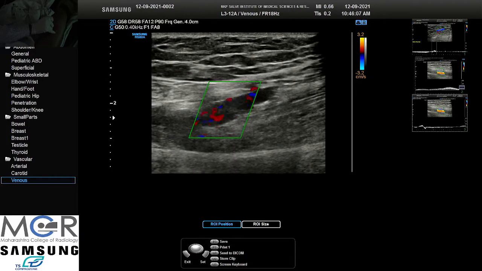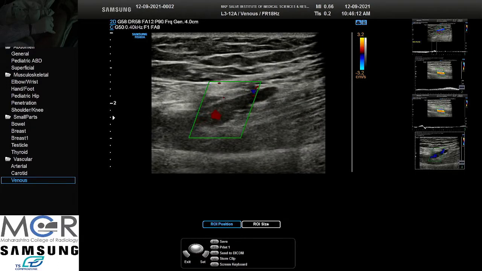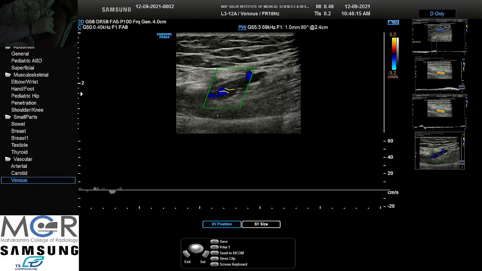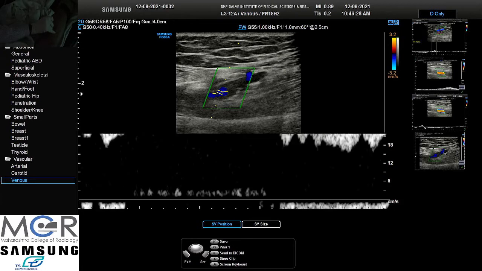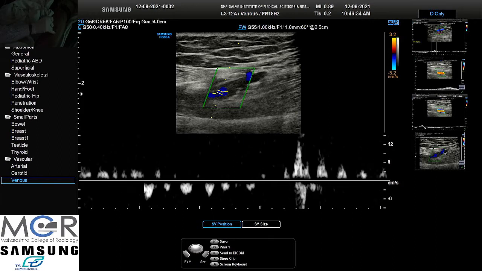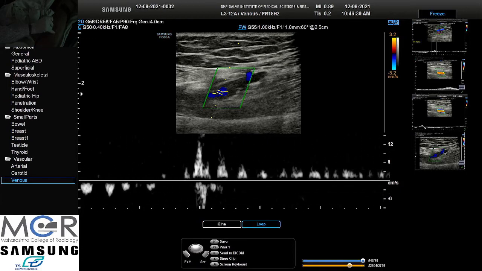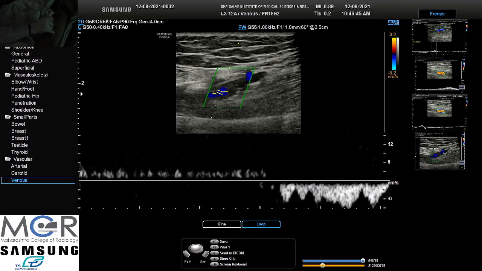So on Valsalva you can see the reflux here. So the flow is antegrade and retrograde.